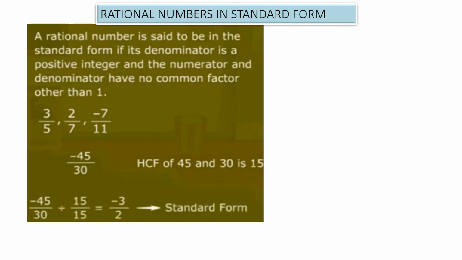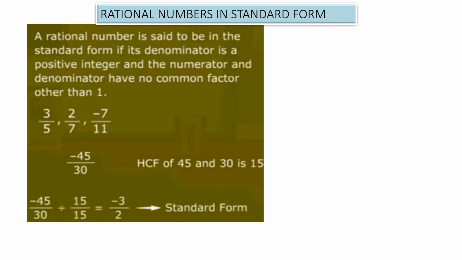Let us see one more example, negative 45 by 30. Here the negative sign is in the numerator. That's okay. Then, is there any common factor between 45 and 30? Yes. The highest common factor between 45 and 30 is 15. Therefore, you can divide both numerator and denominator by 15 and you will get the equivalent rational number in the standard form as negative